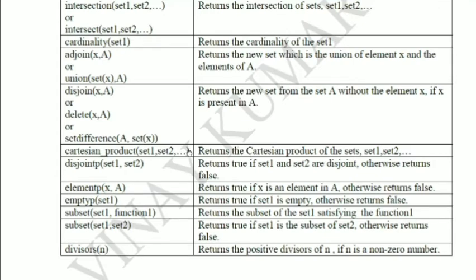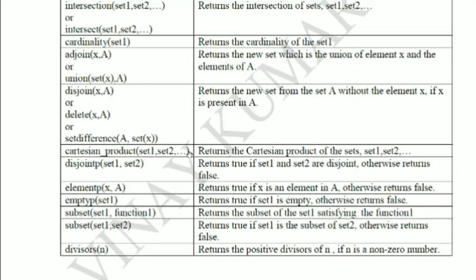The Cartesian product of sets A and B is equal to the set of all ordered pairs. So you have to write (a, b), where small a comes from A and small b comes from B.